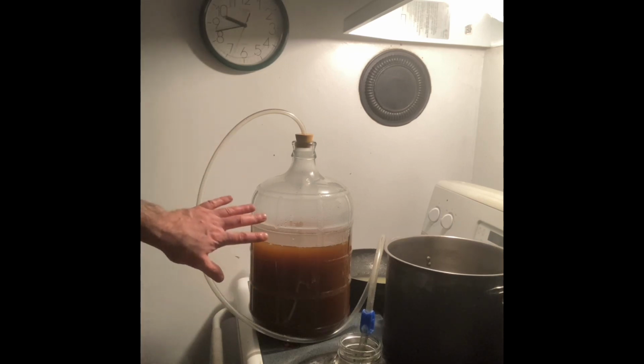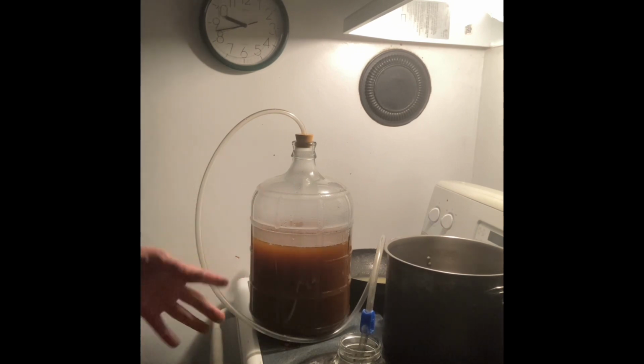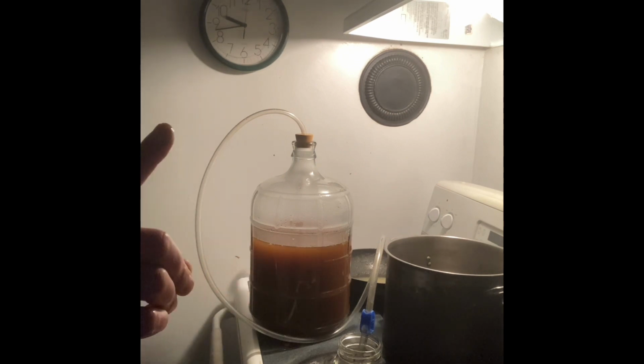Well, there you have it. That's a primary ferment for some spruce beer. See how dark brown it is from the boiling of the branches plus the brown sugar. So probably by tomorrow morning, that's going to be bubbling like crazy, and it's going to bubble for a few days vigorously. And then it'll chill out, and then you want to rack it and put it in another one. So for now,